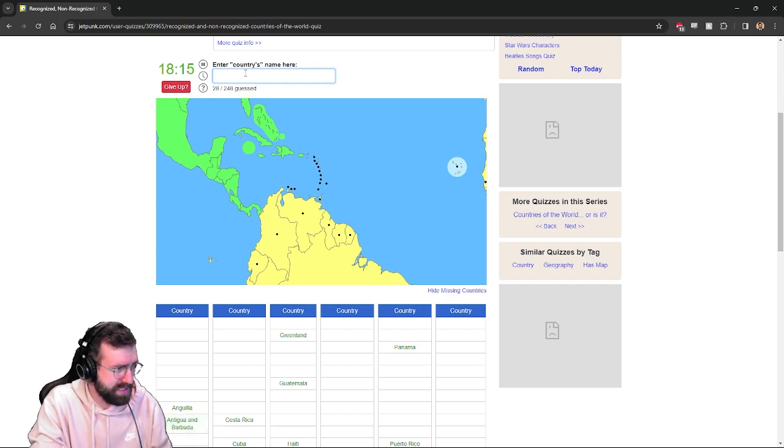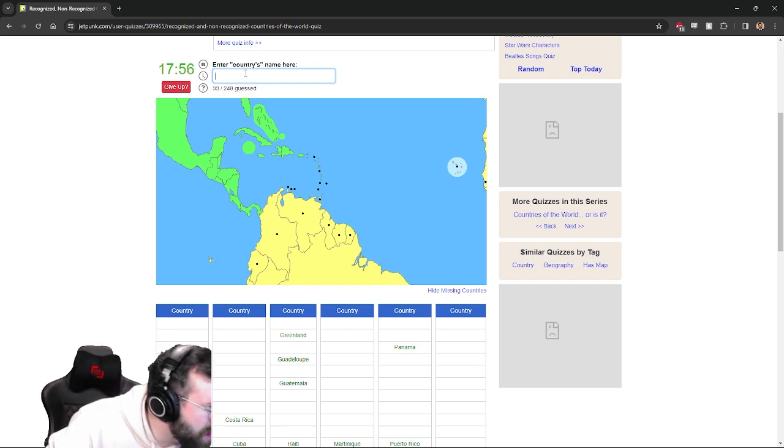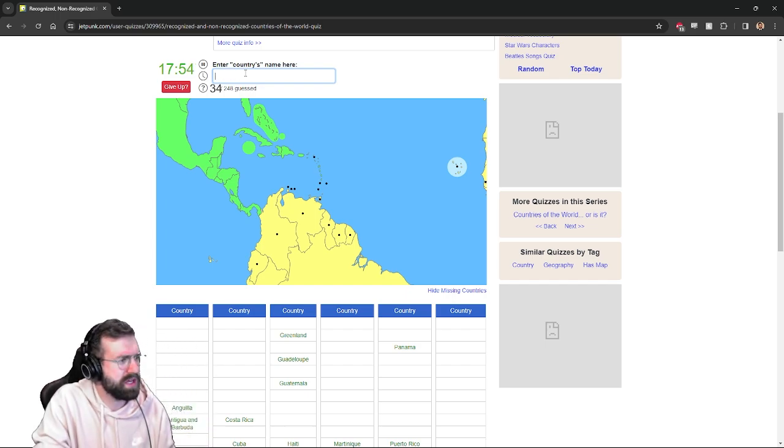Antigua. I've been to Antigua, actually. St. Kitts is in there. Montserrat. Martinique. I can't zoom in any further, unfortunately. There should be St. Lucia, Guadeloupe is in there. I'm trying to remember the small one. I might have to come back to it. We got Dominica, Barbados, Grenada,